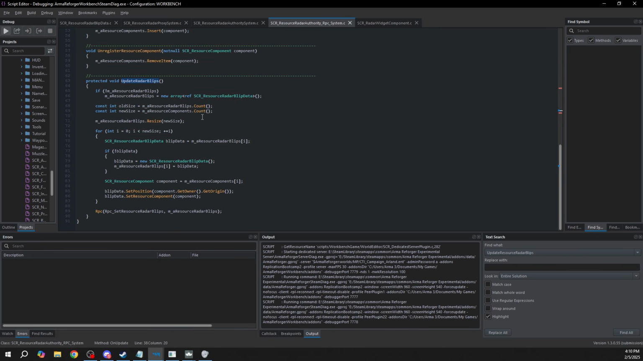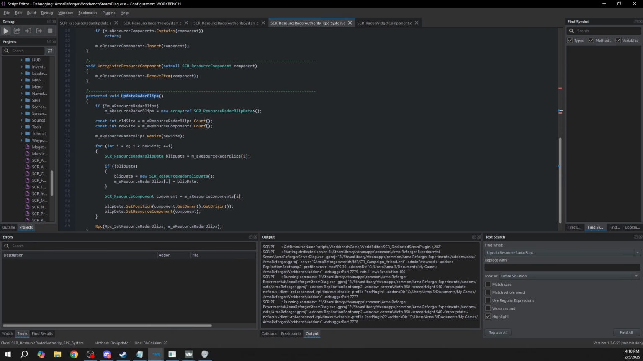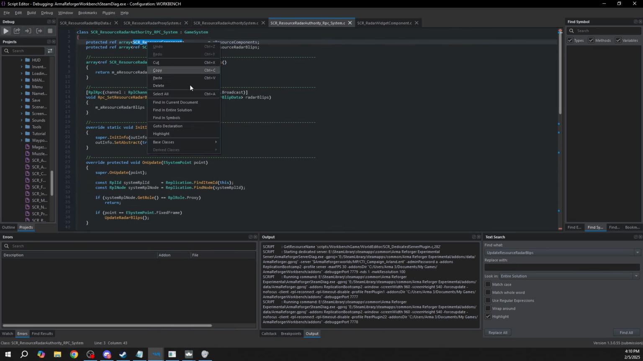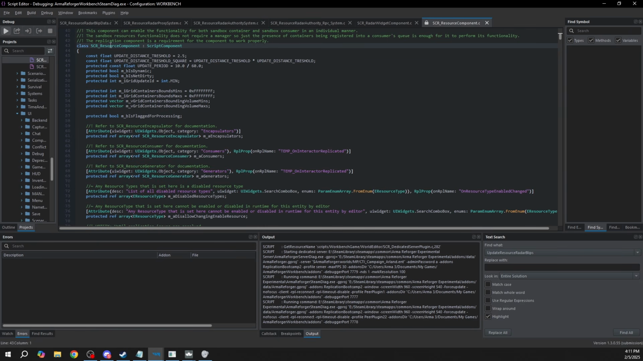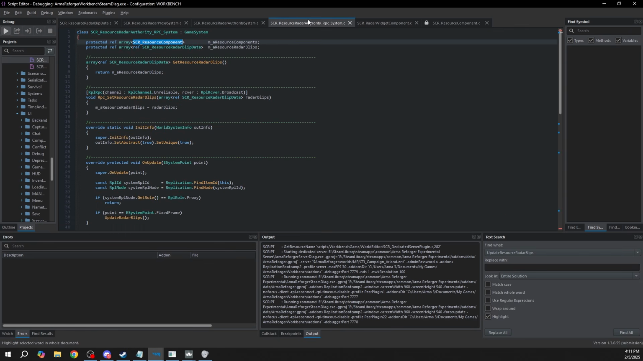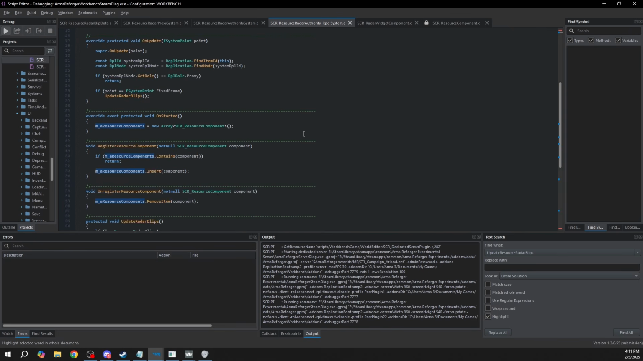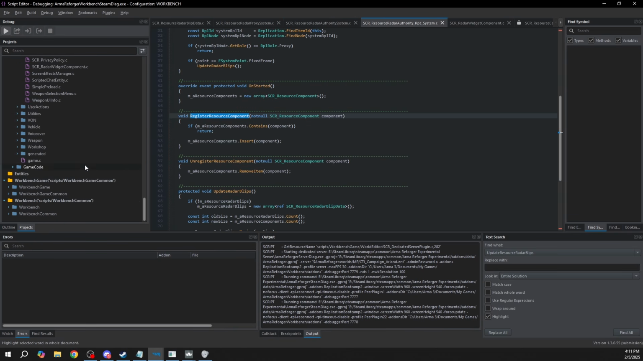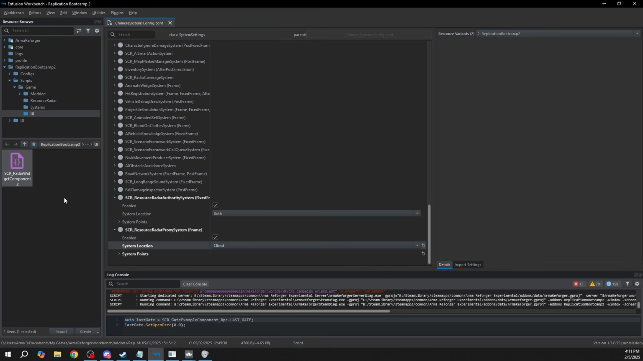Then we have actually the update radar blips. So this function will update. We have a list of resource components. What we do with the resource component is that we gather them manually by calling register resource component. So it will be the method that will actually insert into it. I think if it's us, we use modded on